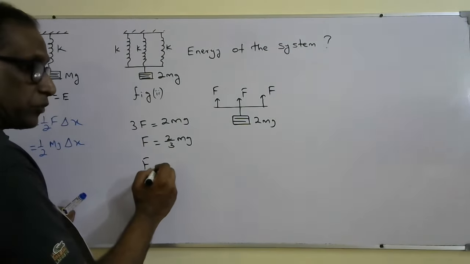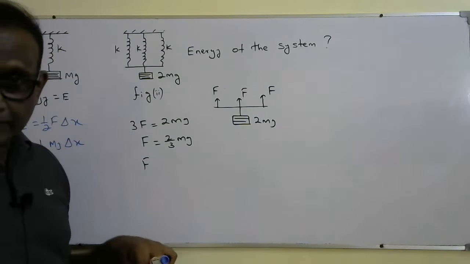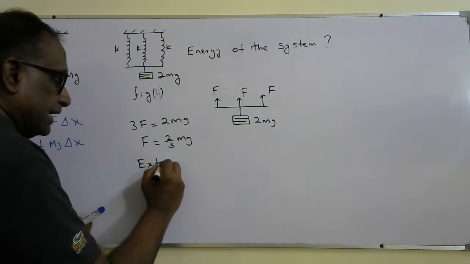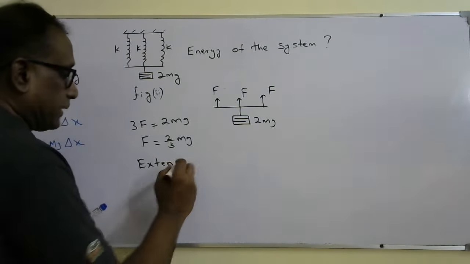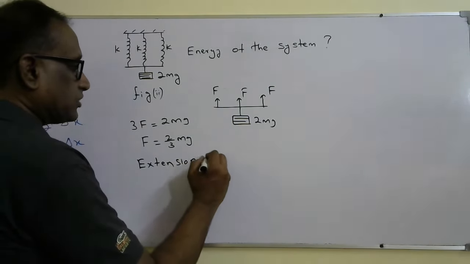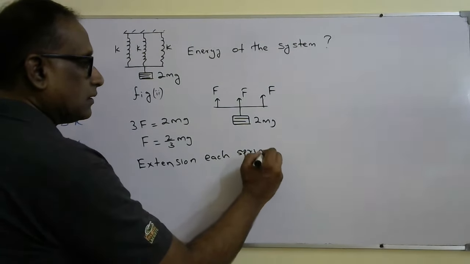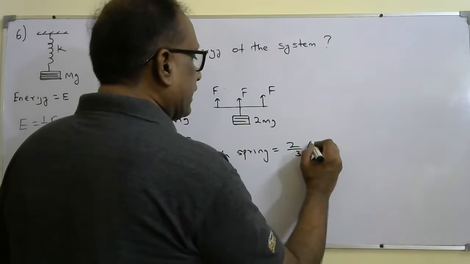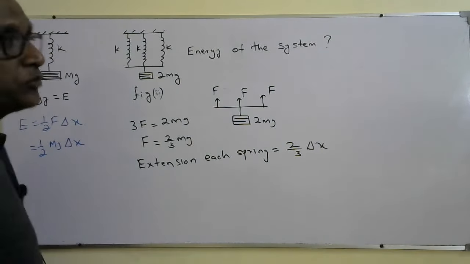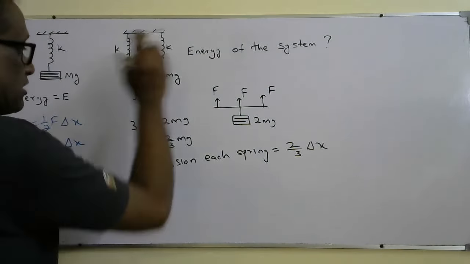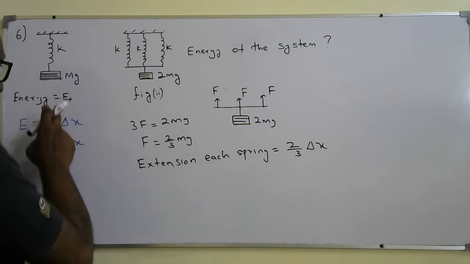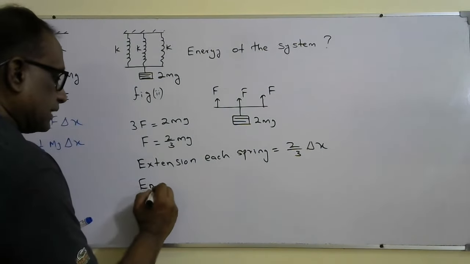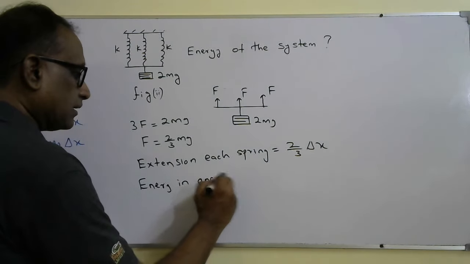Here the force is 2 by 3 mg, which means the extension of each spring in figure 2 will be 2 by 3 of the original. If I say the extension there is delta x, here it will be 2 by 3 delta x, because force is directly proportional to extension when the spring constant is the same. So the energy stored in one spring, E1, is equal to half